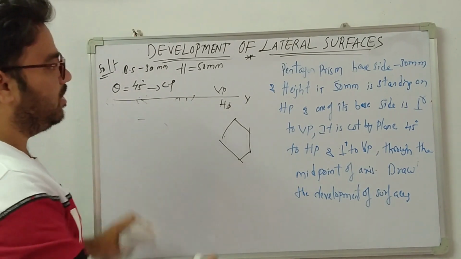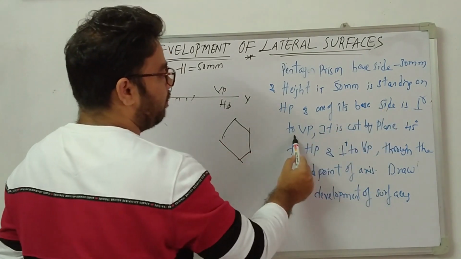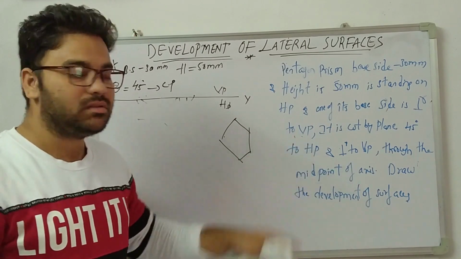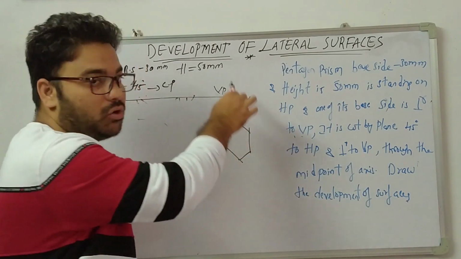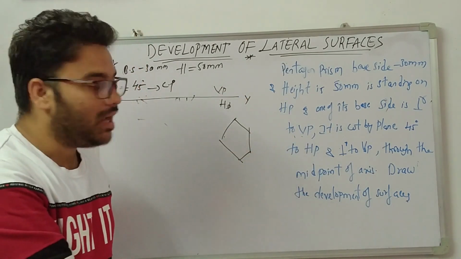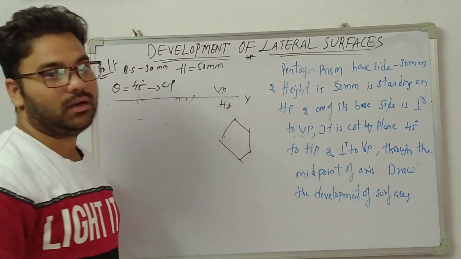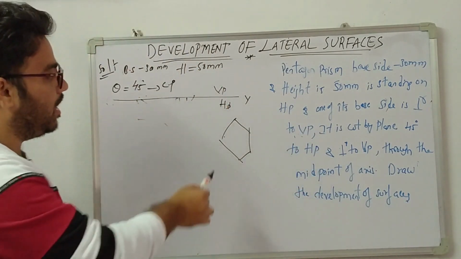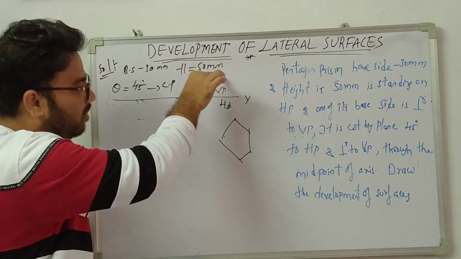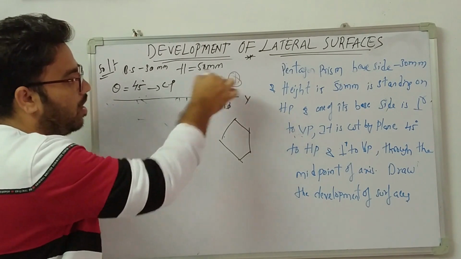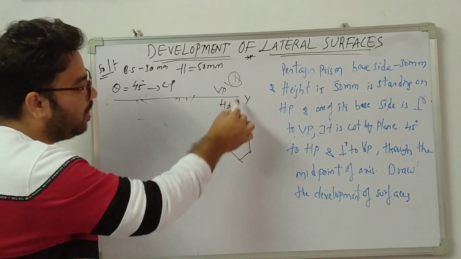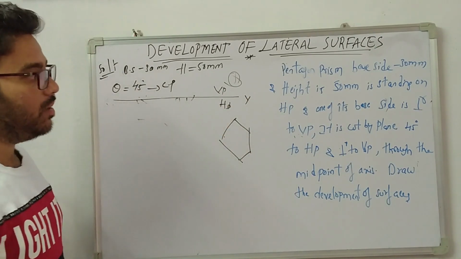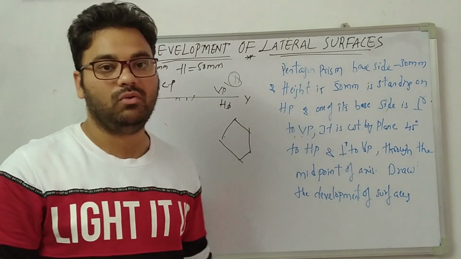So in this problem he asked to draw the base side perpendicular to the VP, draw this. If perpendicular to the VP is given, it means whatever the base shape is, you should draw it in the HP and the side should be perpendicular to the reference line. If perpendicular to the HP is given, then this diagram should be drawn in the VP. Here we have to draw in the VP, and whatever the side is, that should be perpendicular to the reference line. So simple concept, remember this, very very important while doing the problem.